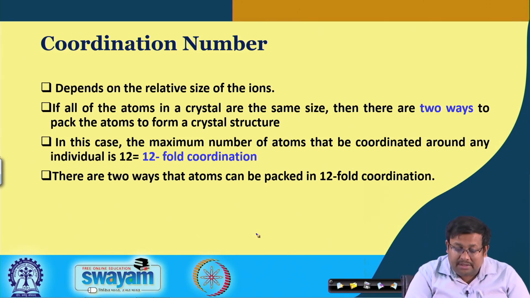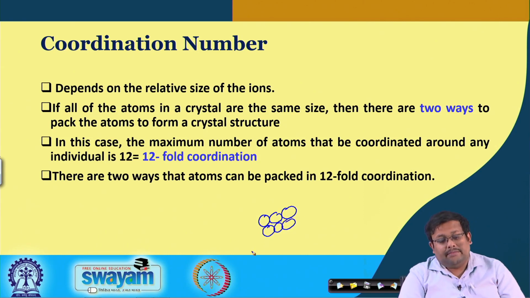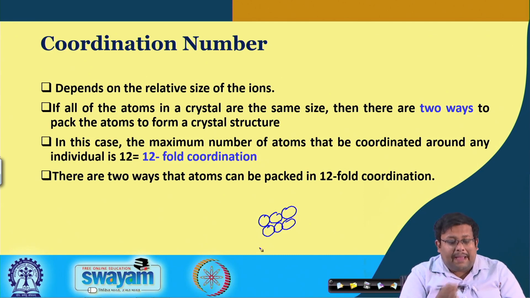So, let us assume that there are 6 atoms and all these atoms have a similar size, then there are two ways to pack the atoms to form a crystal structure. Now, in this case, the maximum number of atoms that can be coordinated around an individual is 12 in this way,